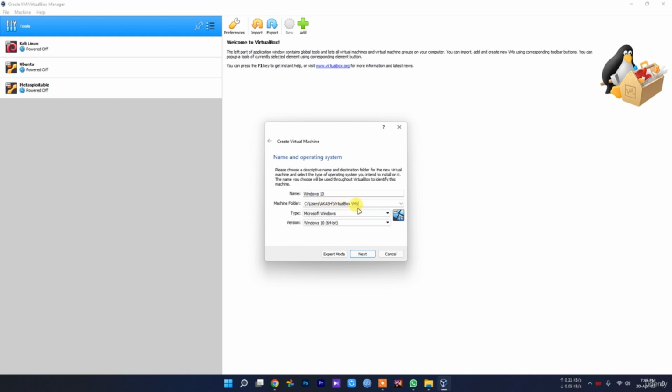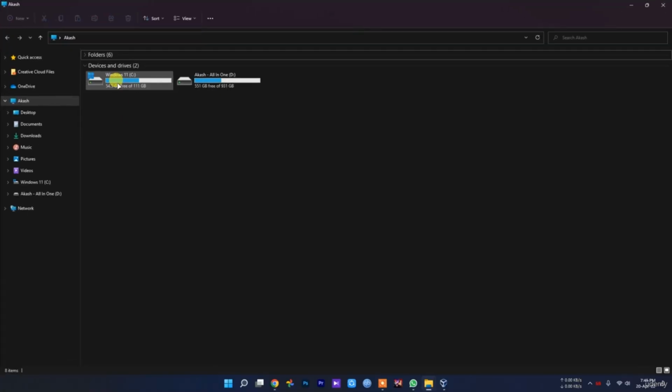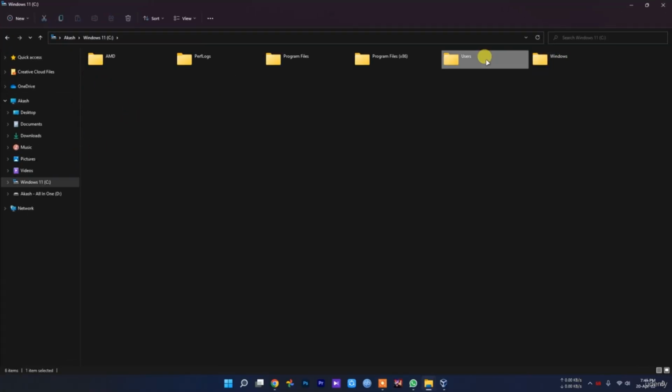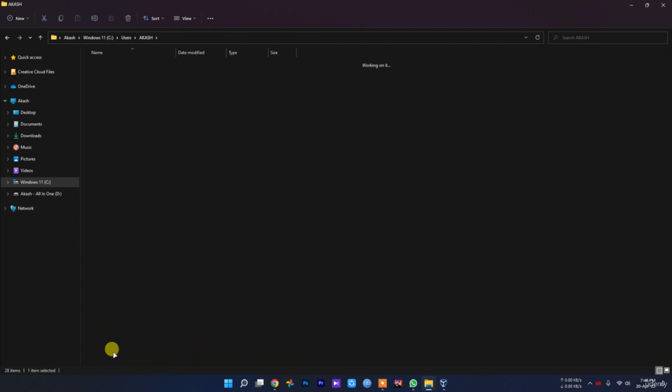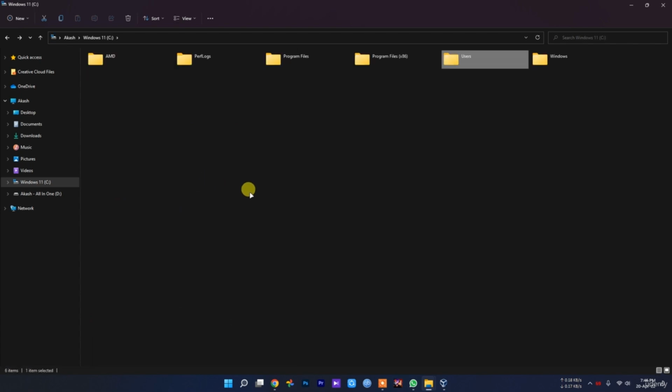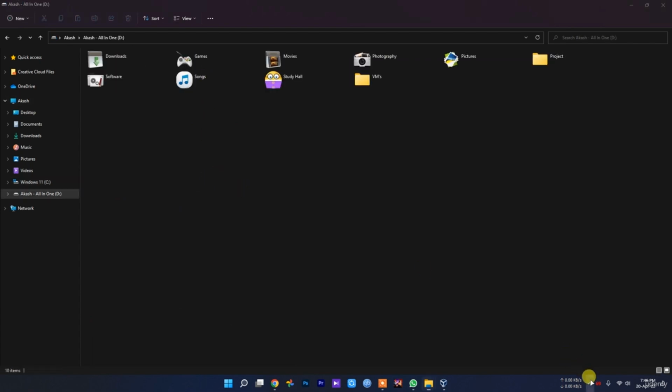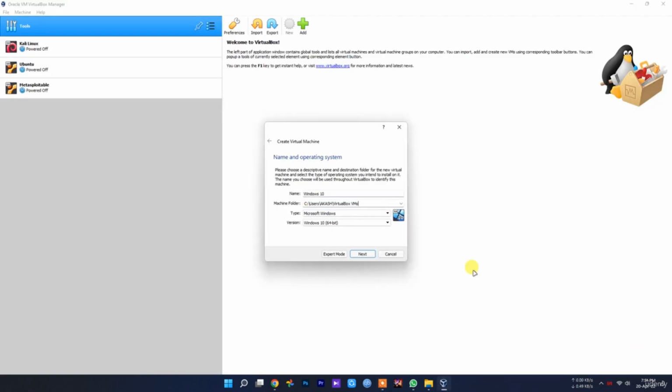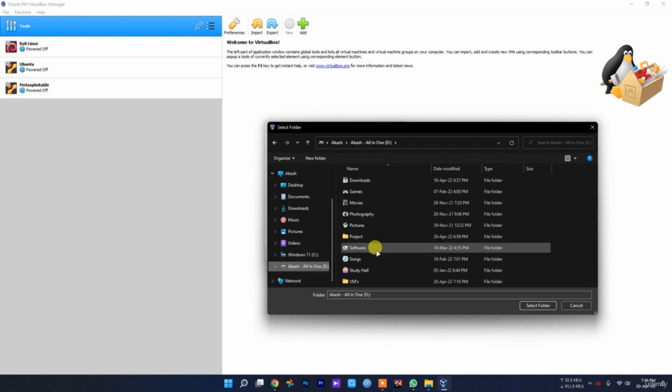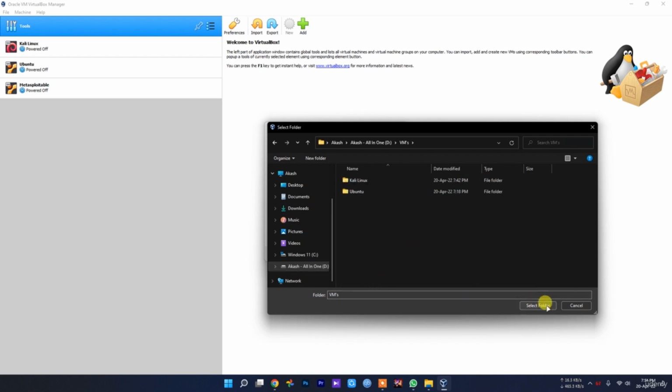So the machine folder. Okay, should I use this in here? Okay, let me check my machine folder. User Akash, VirtualBox, metasploitable. So no, we are not going to use it in here. Okay, let's select our destination folder where this virtual machine will be installed. So this is my virtual machine folder. So select this folder,